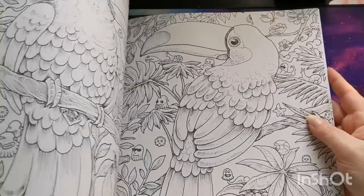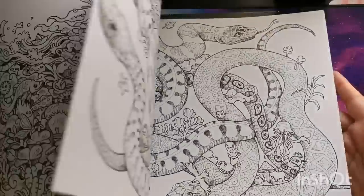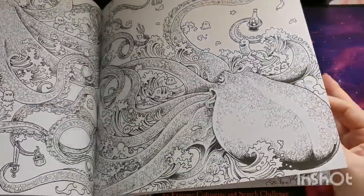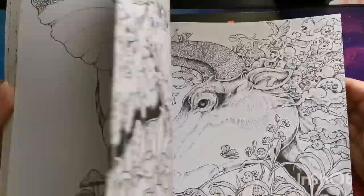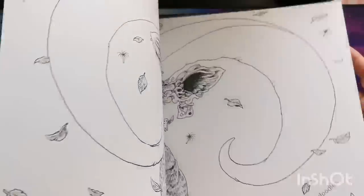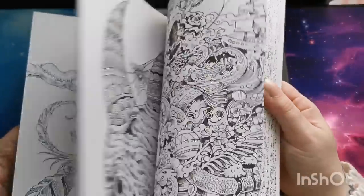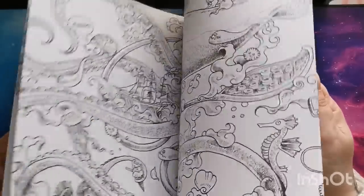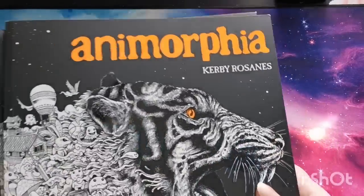But same book, to be honest, they look the same in here, so it must have just been my mistake. See, it's again, you know. So that was my mistake, but I think I have a whip in here if I remember rightly. Oh, I thought it was in this one. Maybe it's in one of the others. No, it is. I do recall it is. I think it's in the Mythomorphia book. But yeah, so that's